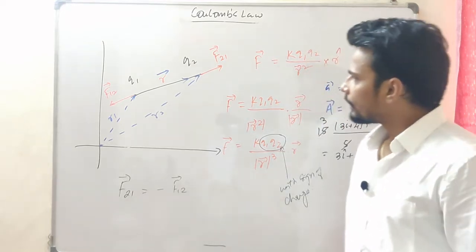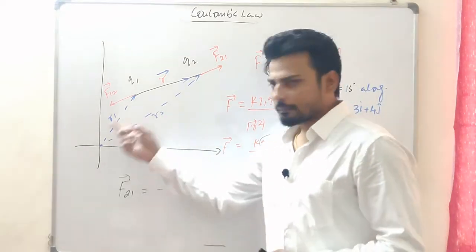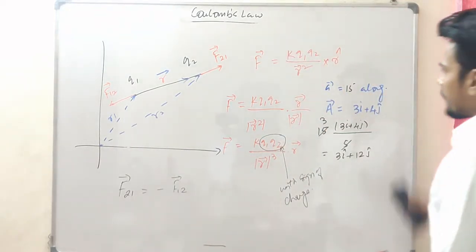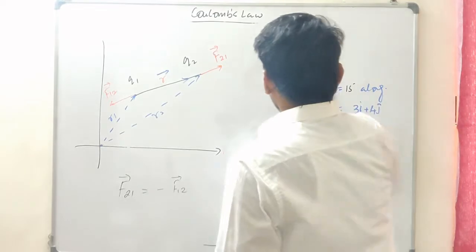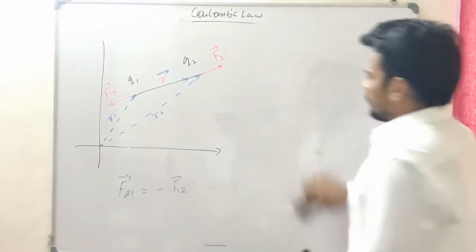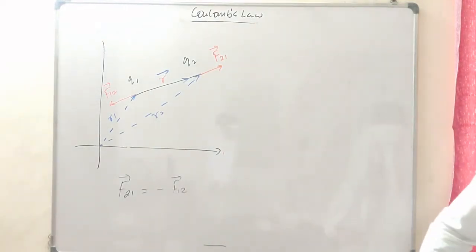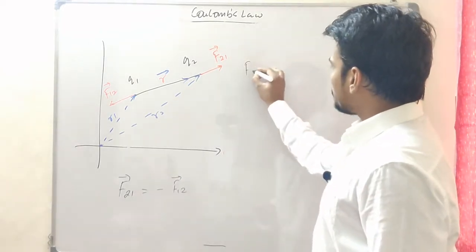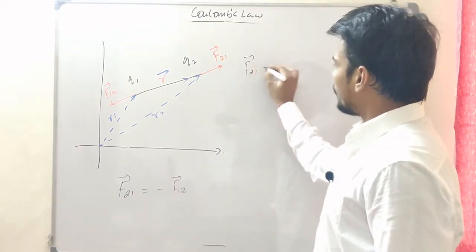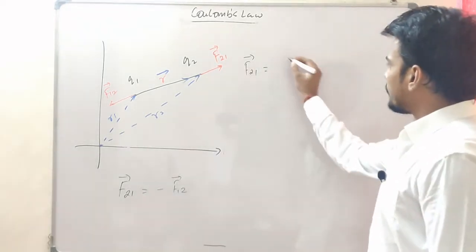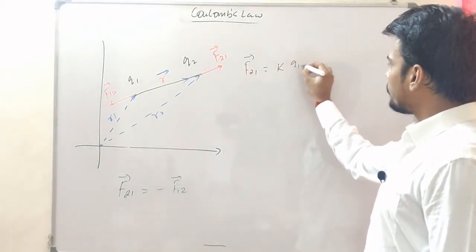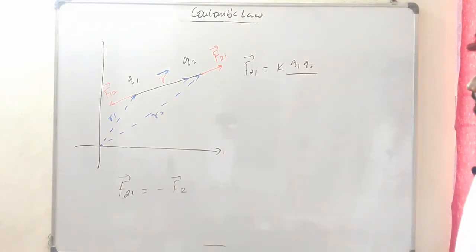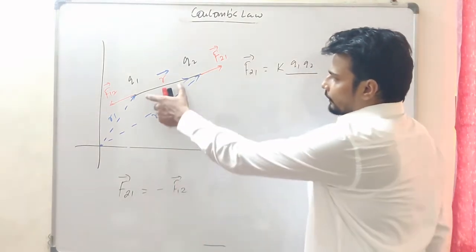Now if this form is given in the book, don't be scared, just let me get some place over here clear with you. If this is given, we can still follow the basic norms, and we will not be deviating from that basic fundamental thing. I just want to know F21, that is force on 2 because of 1. Here we're going to have k q1 q2. Now what would be the unit vector? The distance is how much?